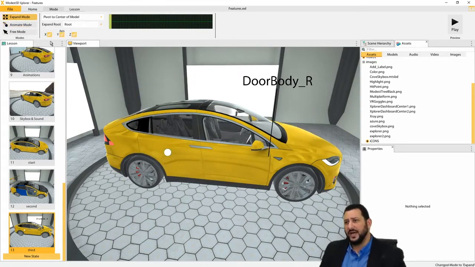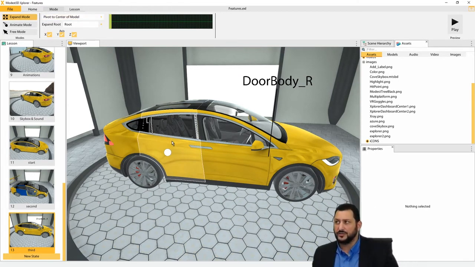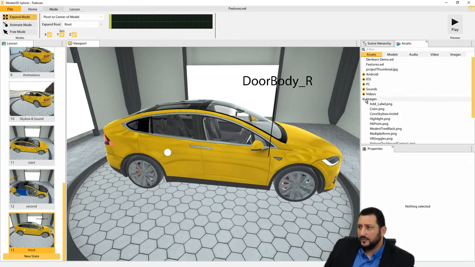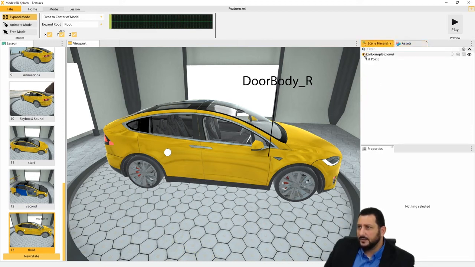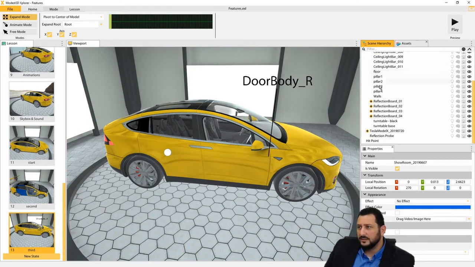Now also in the expand here, you'll see that we have an expand menu. This is interesting because it makes that expand view or that explosion view much simpler to build. So in this case, all I have to do is go into my 3D model, into my scene hierarchy, expand that, find where my model is,